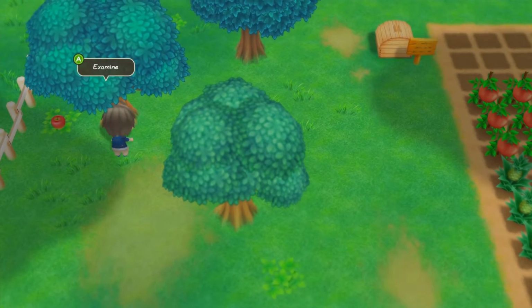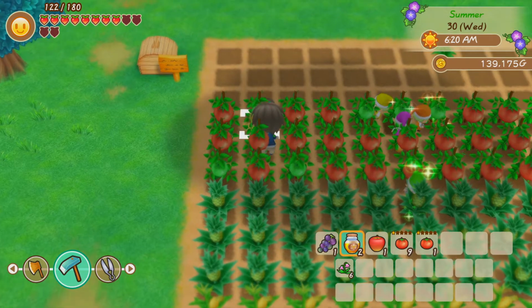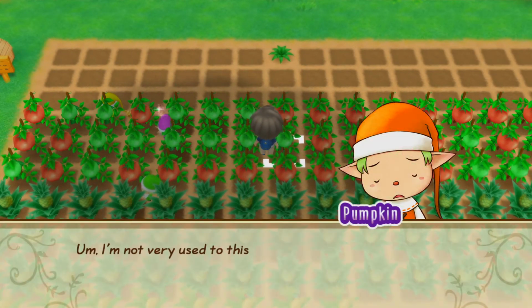So that's Van, and he sells pets, and he shows up the sunny Wednesday after you give the harvest goddess the 30th gift. So it's not just white grass that she gives you, she also gives you Van, I guess. So we're gonna grab plenty of these because we want to make sure we have